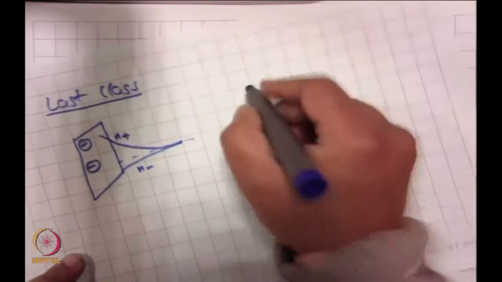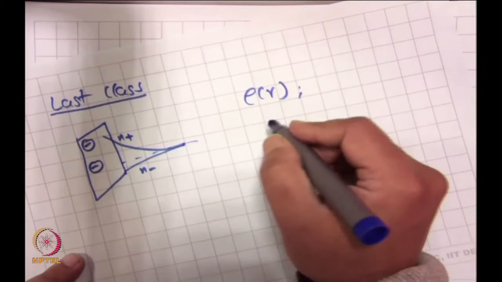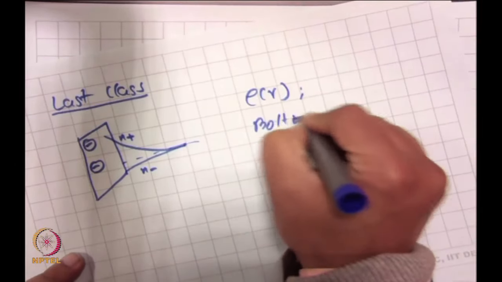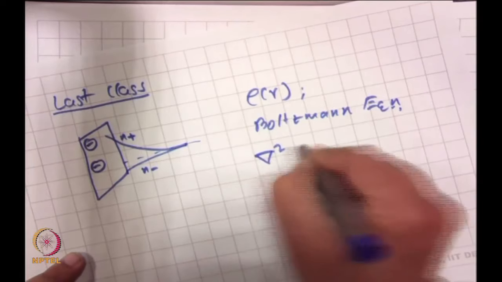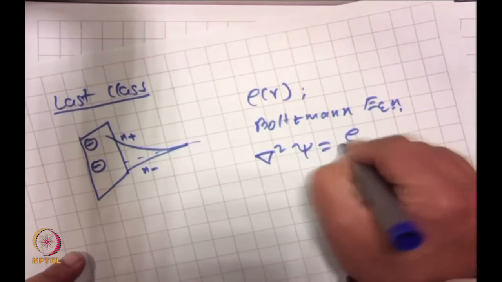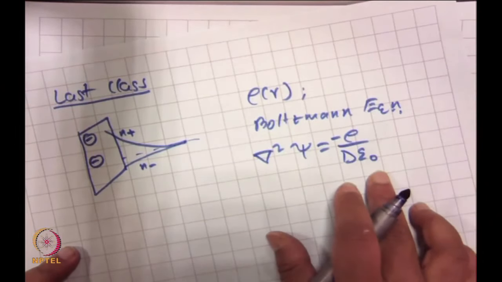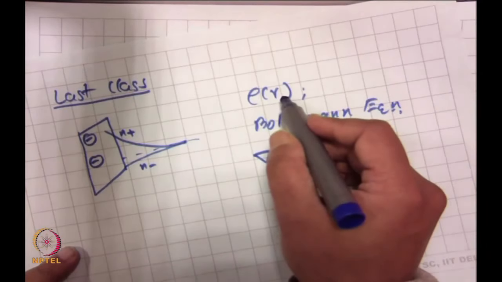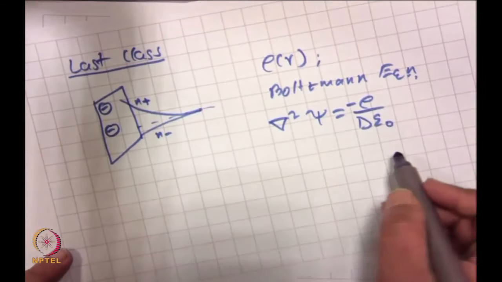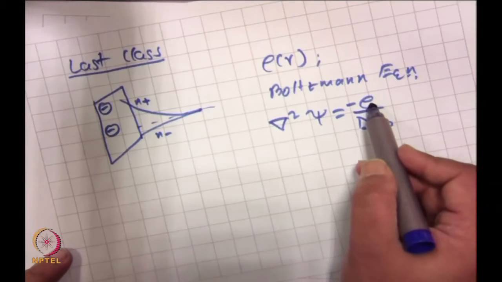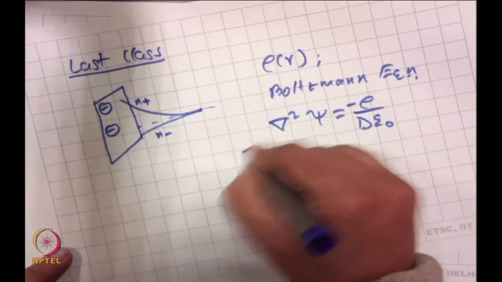In combination with something known as the charge density, and the Boltzmann equation, we also looked at the Poisson equation, where d is the dielectric constant, epsilon 0 is the permittivity of vacuum, and rho is the charge density, meaning the number of charges per unit volume. We put in this rho, but we actually did not solve it; we just gave you the equation. We kept del square as del square, the Laplacian.